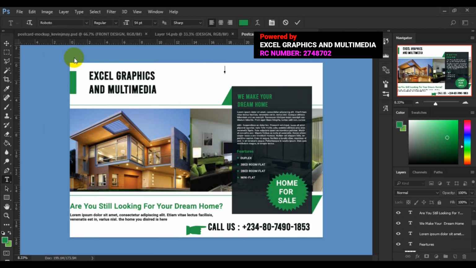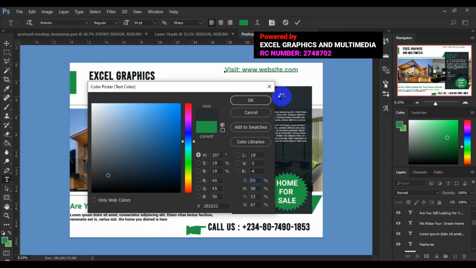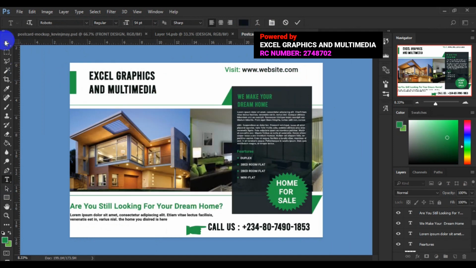So the top is going to be company website, so you can just say visit www.website.com. So this is going to serve as the company website. So we're going to select this, and I'm going to change this to black, this black here. I click on OK,